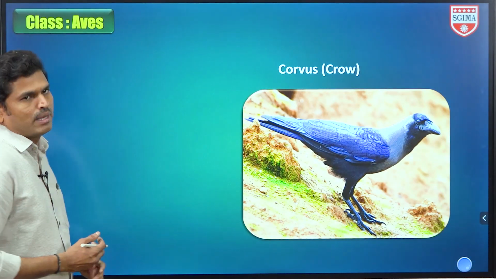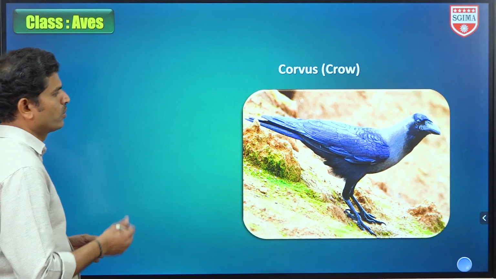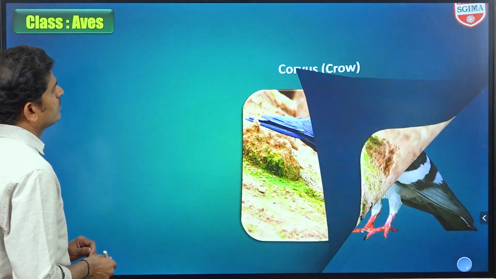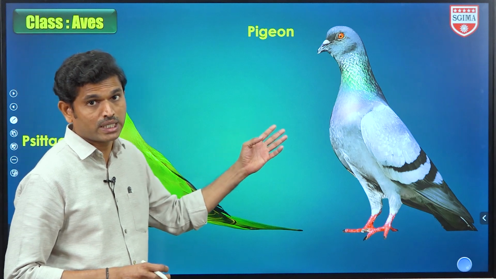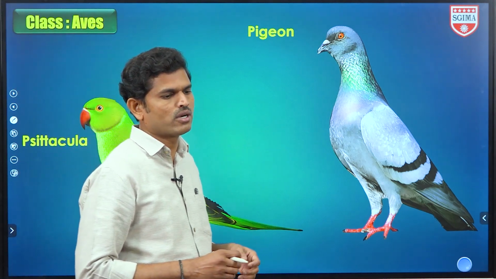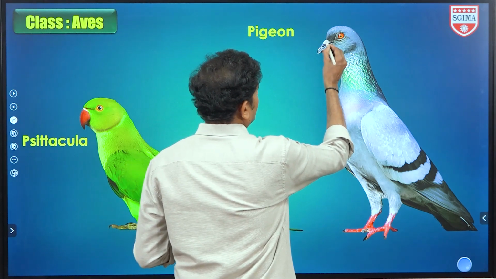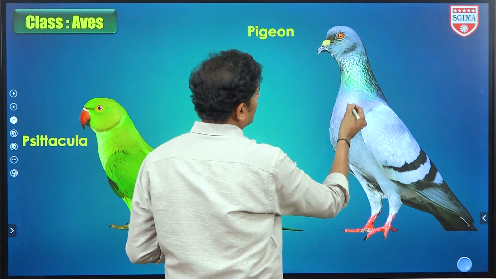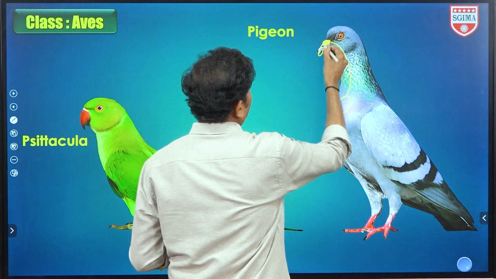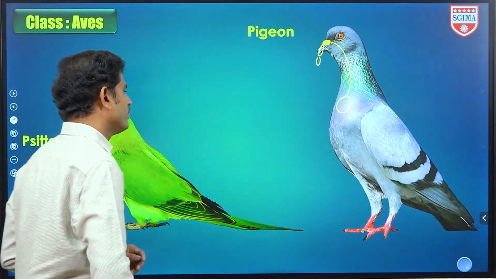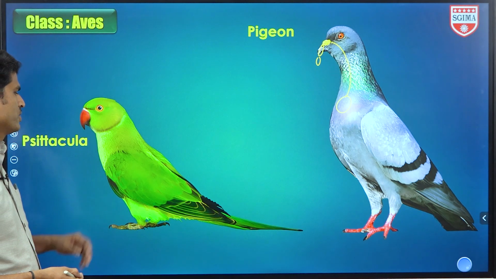Now, examples. This is Corvus, generally crow. Corvus splendens, the scientific name, crow it is. Next one, Columba livia, pigeon it is. This is the only milk giving bird. Actually, milk means that it is not milk, it is a digested white colored fluid. Through this, it is internally connected with the crop. Through this crop, this milk like fluid comes outside and it is given to the babies. Okay, so this is the milk giving bird. And next one is a talking bird. That is Psittacula indica, parrot it is.